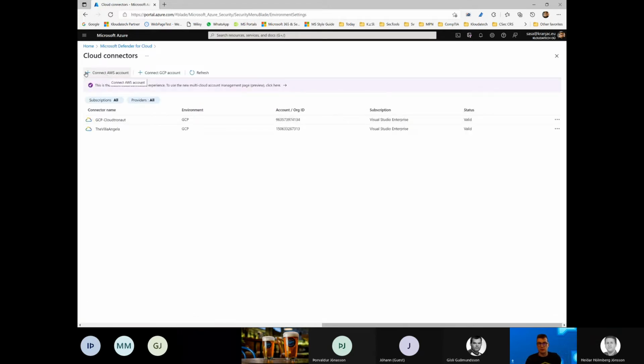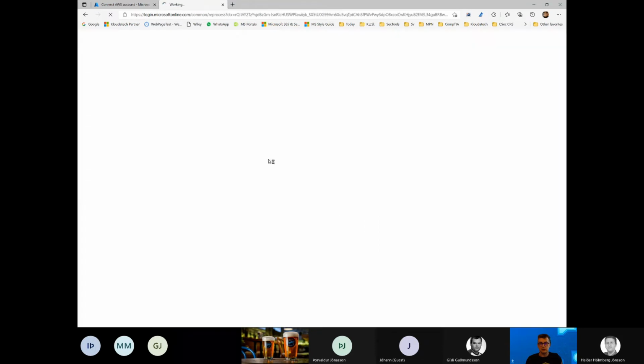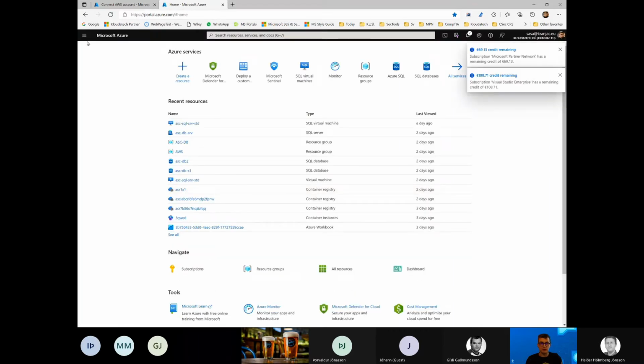Or we can also still have the older AWS connectors experience as well. So we need to create 3 roles in the Amazon Web Services, and then with these 3 roles, will give the access to our Defender for Cloud account. Plus, we also have to configure, as you can see, Azure Arc configurations, so to be able to connect AWS accounts. So the Azure Arc configuration, what that will do, it will create an app actually, and of course that app will be used to onboard machines from the AWS,